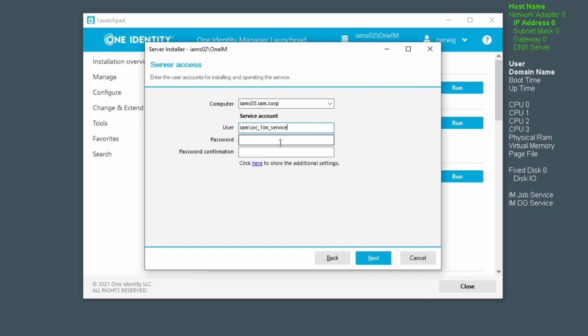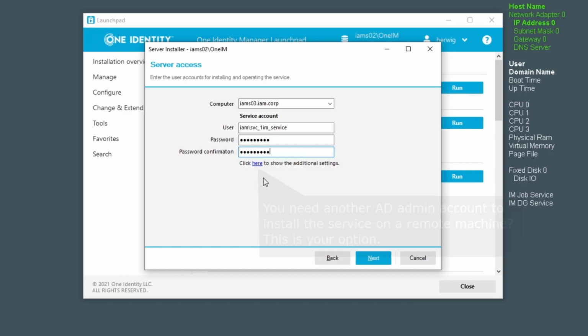Which permissions these services or these accounts should have depends on what the server service should do with other machines. So it is different from service to service, or it could be different from service to service, and of course it could be different from customer to customer. I need as well to configure the password. And once the password is confirmed,